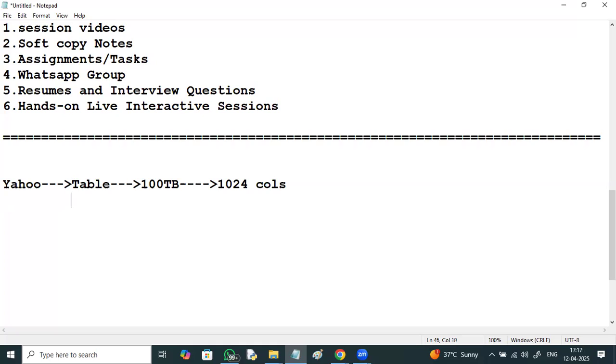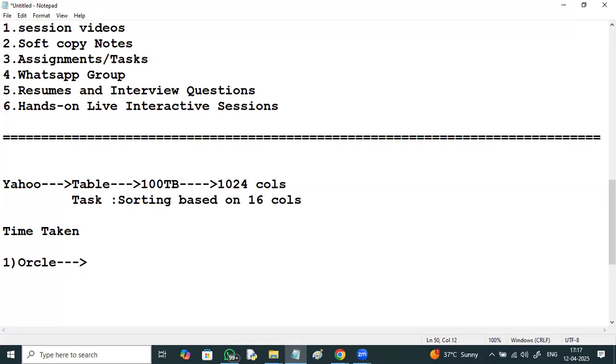The task was sorting based on 16 columns. What is the time taken by the different systems? For sorting this data on 16 columns, Oracle took nearly 3.5 days to process it. MySQL took nearly 6 days.